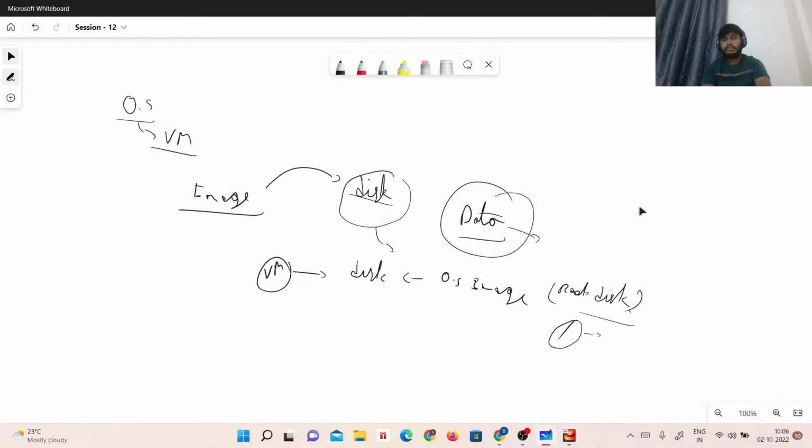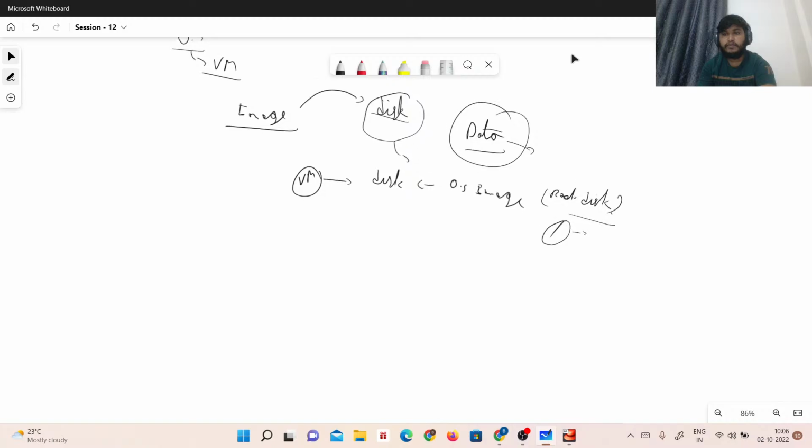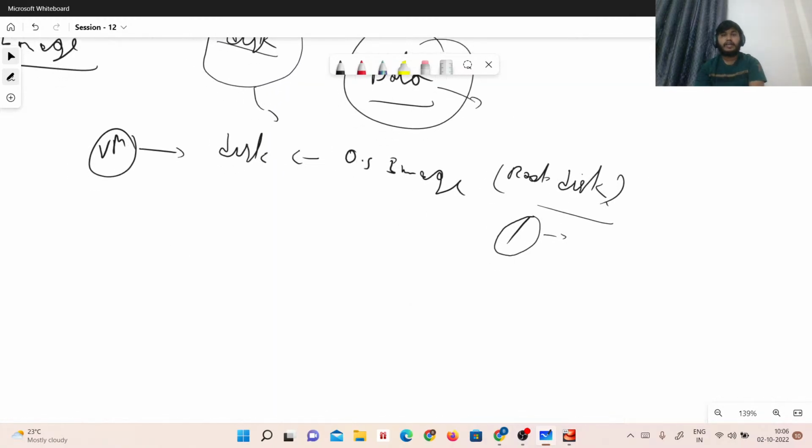The root disk is denoted by the slash. So this is the initial path where you can start the streaming. If anything happens with our OS, the basic thing we can do is